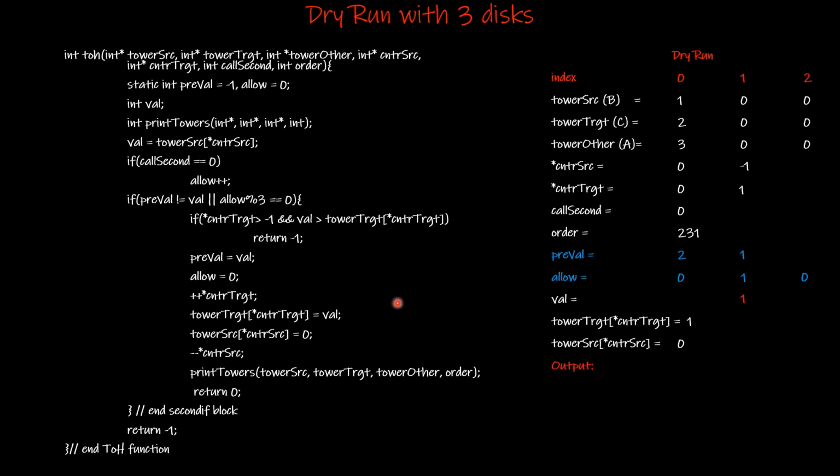Then we call a print towers function, okay, and that is going to print the values of each of the towers, starting with A. A is going to have value 300, that is the third tower not involved in the transfer or transaction. So values are not going to change here. Tower B, okay, the value 1 was transferred to C, and therefore this value is set to 0, right? And therefore this tower has all zeros. Tower C got the value from B, and that was set to this location. Therefore, the array has changed to 2, 1, 0. Right? After doing a return 0 statement, we go back to our while loop.